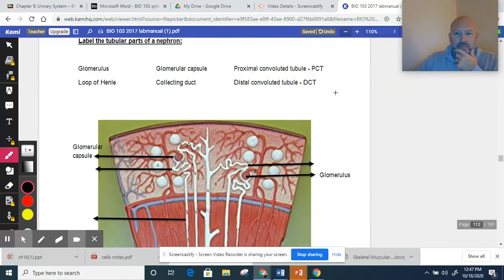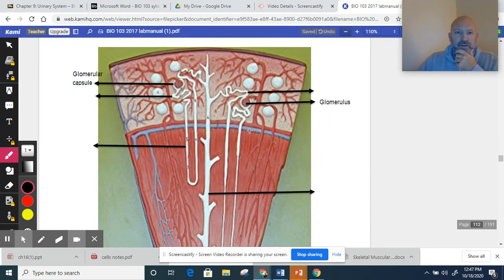All right, so here we have a model, and we have a couple filtering units, a couple nephrons. Specifically, there's two that have labels pointing to it. So this is one. We can see the glomerulus is here, and the glomerular capsule surrounds it, the PCT, loop of Henle, and then the DCT kind of brings the urine into the collecting duct, right? It'd be nice if we had just one. They label some things on this one and the other things on the other one. But the glomerular capsule is already labeled. And then from here, this would lead to the PCT,